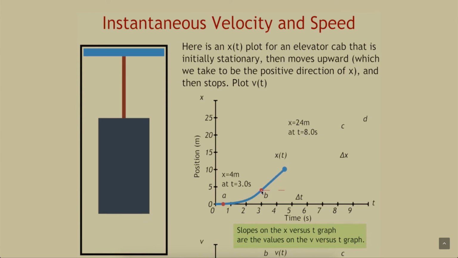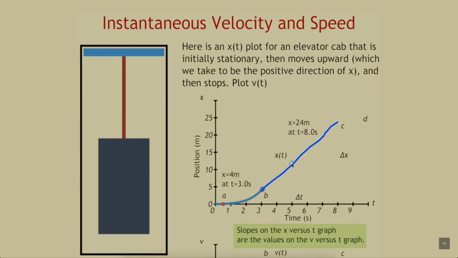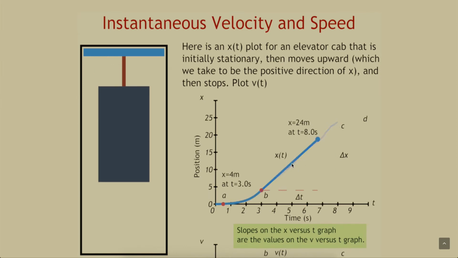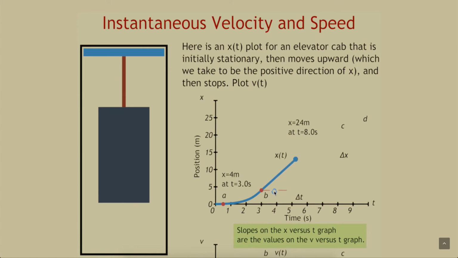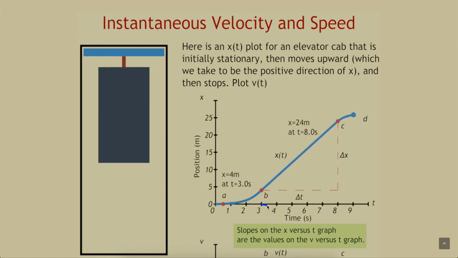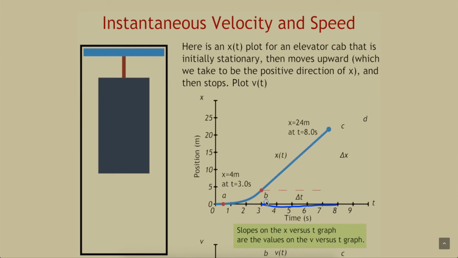And therefore, the value of v on the velocity versus time curve must be, anybody? Constant. That's right. The value of v on the velocity versus time graph must be constant from B to C. This means that we'll draw another horizontal line from 3 to 8 seconds on the v versus t graph. But we're not done yet, because we have some additional data that can help us determine the value of v from 3 to 8 seconds.